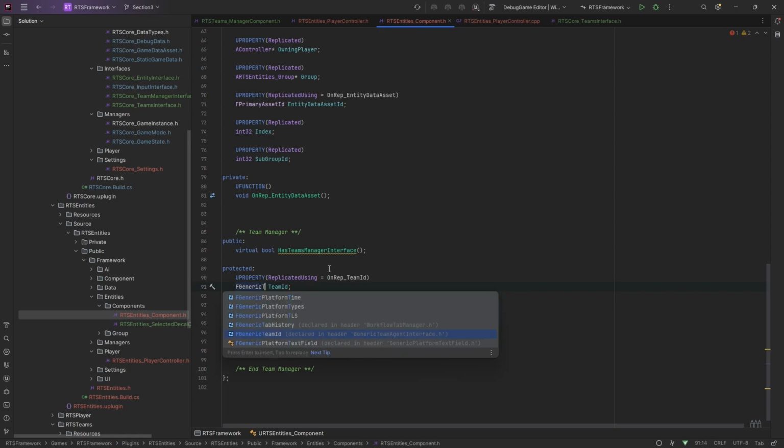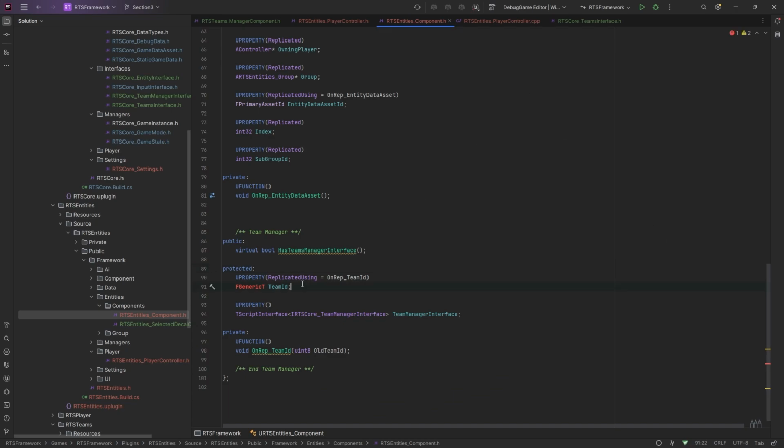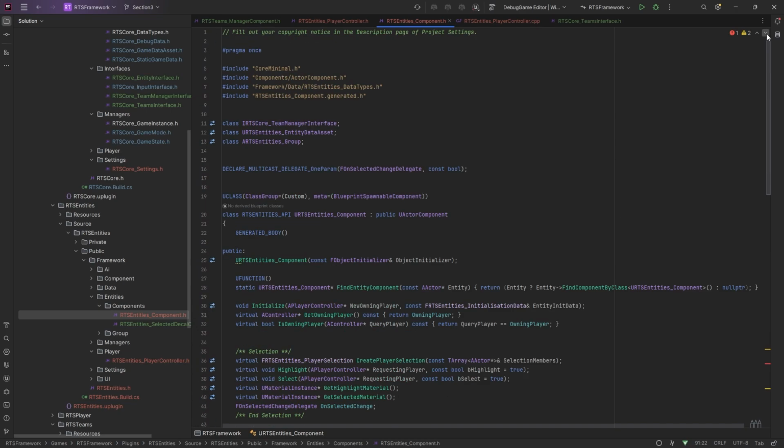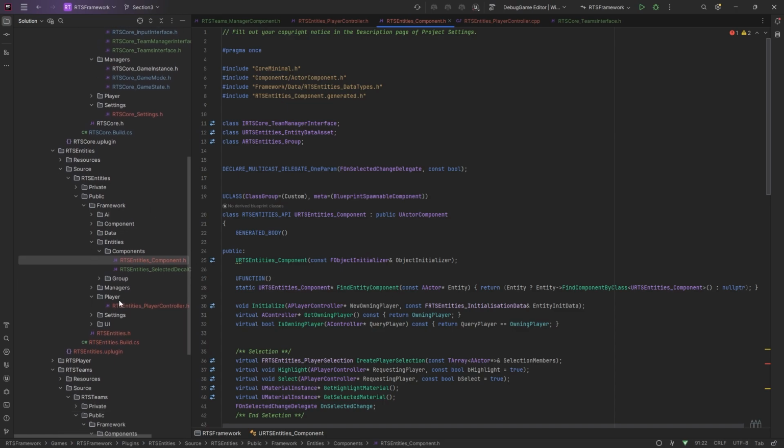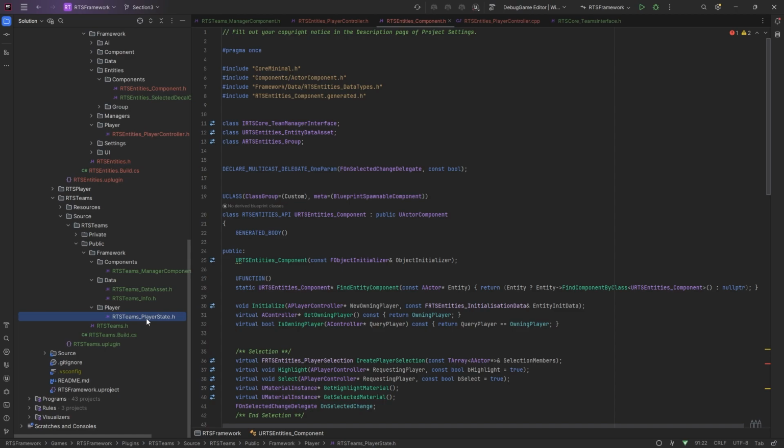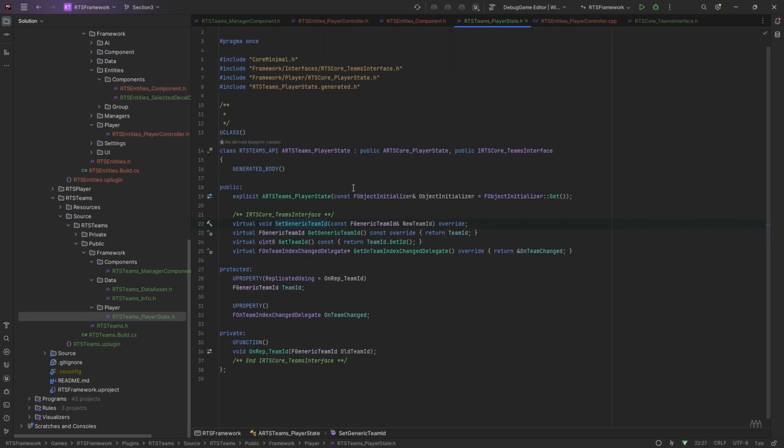Don't include that. Don't do that. What we're going to do is set up a separate section here for the actual team. What's happening here is, if you recall, on the player, if we come down to teams, the player handles everything through the player state. But what the entity is going to do, they're going to use the entity component to